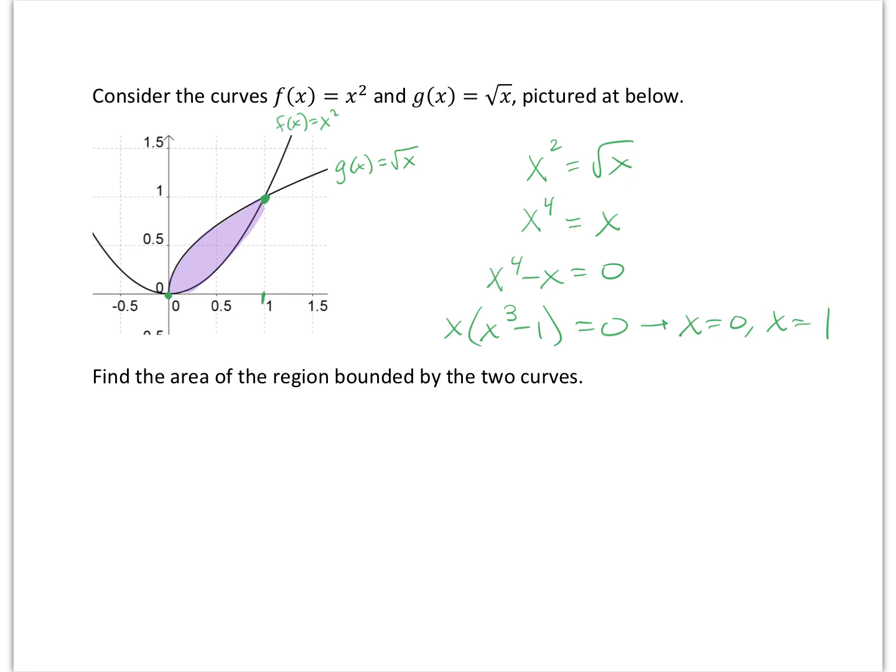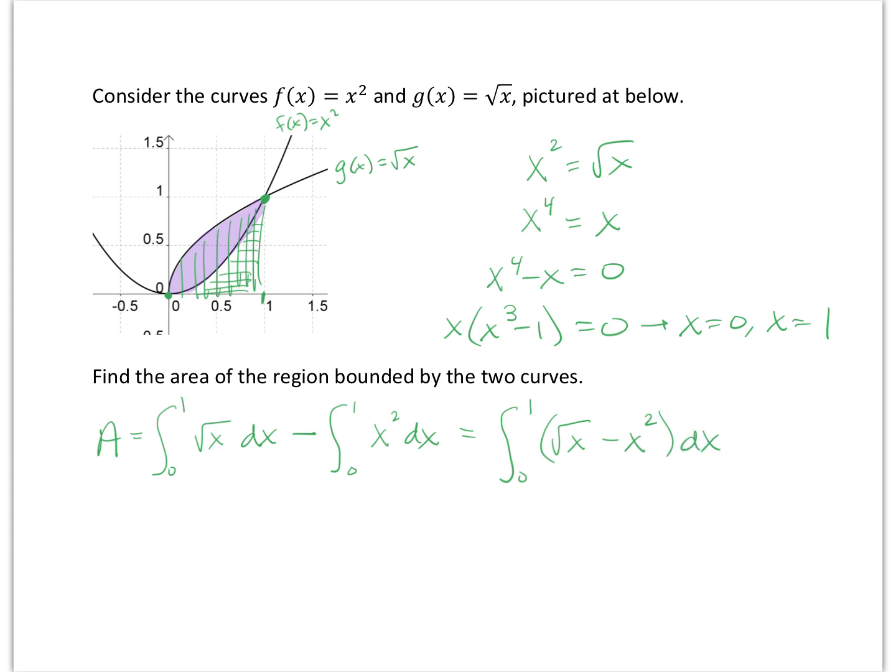So I'm going to find all the area underneath square root x, that's the taller function. And then I'm going to subtract off the area underneath x squared. So my area is going to be the integral from 0 to 1 of square root x dx, minus the area under x squared, the integral from 0 to 1 of x squared dx. My properties of integrals said that I can put these together into a single integral, the integral from 0 to 1 of square root x minus x squared